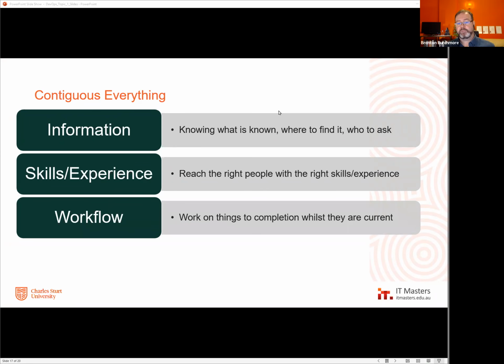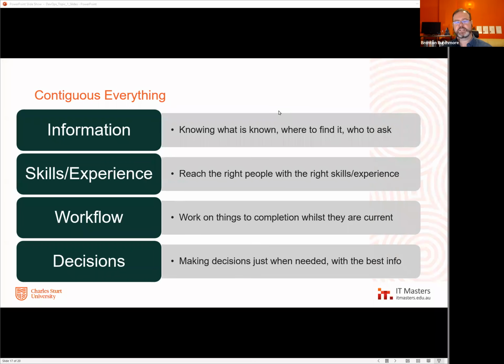Workflow, having everything that I need, the resources that I need, whether it's the people, the information, the tools, the systems, it all needs to be next to me, adjacent to me, adjacent to the decision, adjacent to the action, the task being carried out, which means the decisions need to be made. It's not about saying, well, we need to make a decision about a couple of things. Let's call a meeting for next Tuesday afternoon and we'll all get together in a room and hash it out. It's about what decisions do I need to make today?